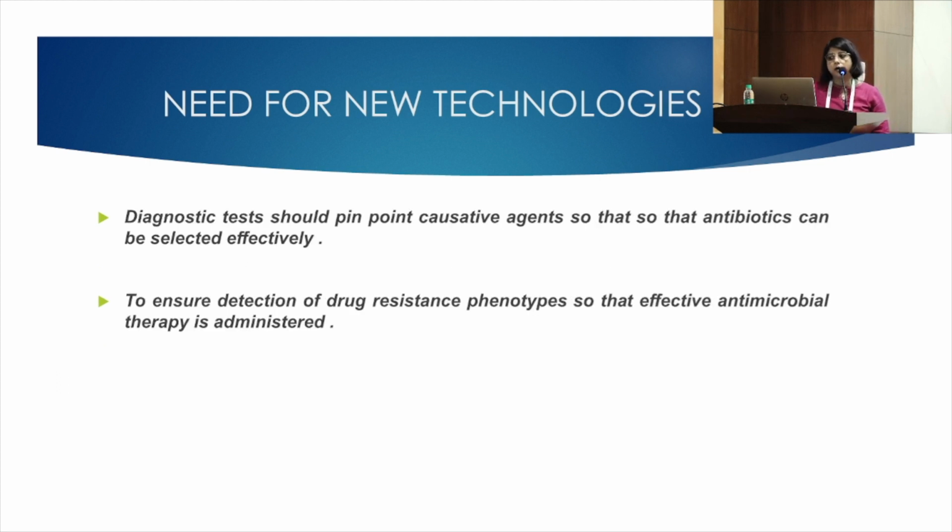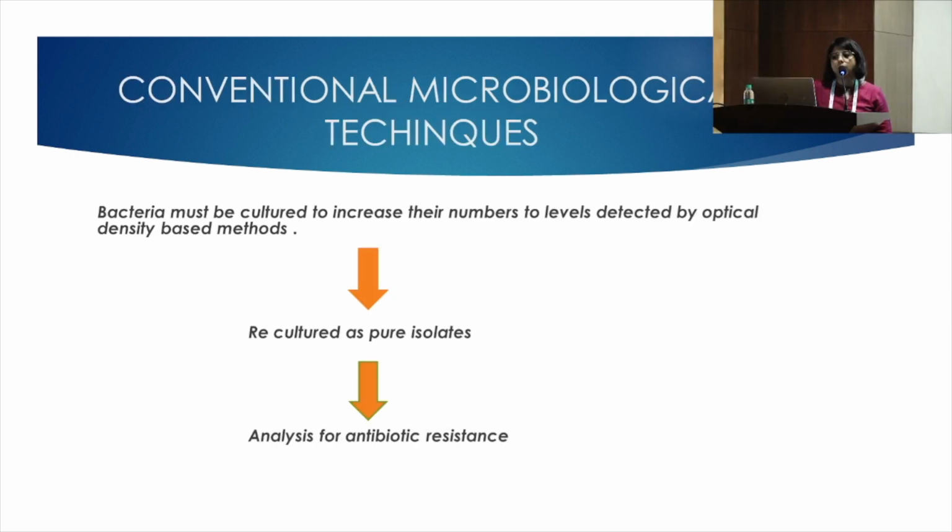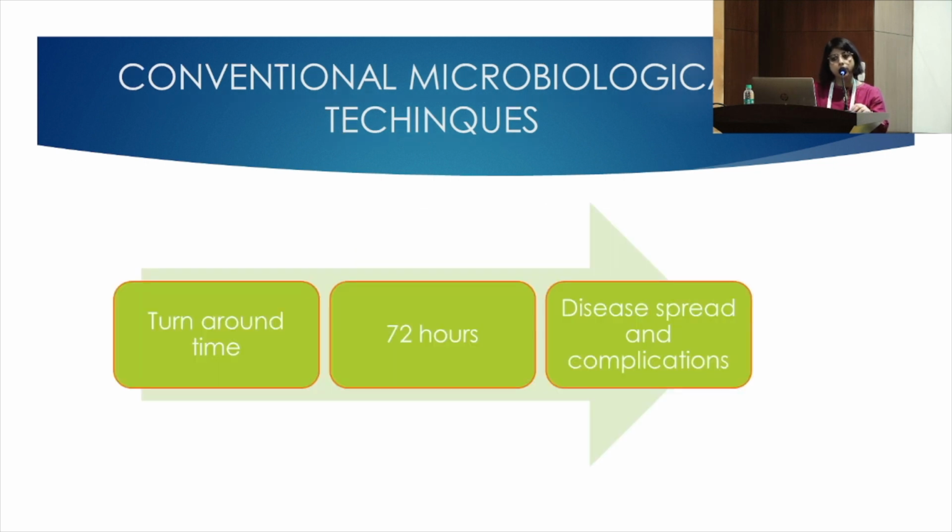Early identification of the organism, early antibiotics, and changing the outcome. I think that is the main basis for the need for new technologies. Now, going back to the conventional methods, what we were doing is culturing, reculturing as pure isolates and then analyzing for antibiotic resistance. That's what we have been doing. But the problem is the turnaround time is 48 to 72 hours, disease can spread and can